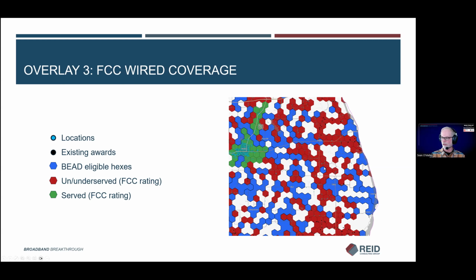And again, on top of this, we still have the black dots that show where funding already exists. So all these black dots that are in red areas here, yes, they're currently reporting as needing service, but there is a funding program that has provided something to bring service to them. The ones we care about in this view are the blue dots that are in red areas. Those are all the places that are gaps based on wired service.